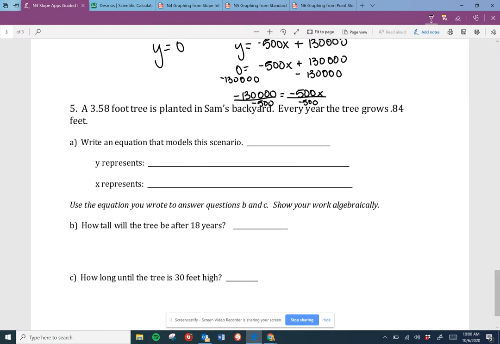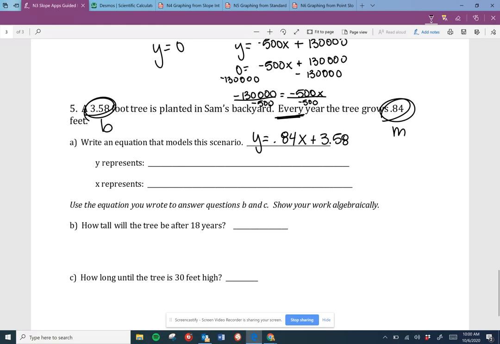So y equals 0.84x plus 3.58. Okay, the y in this situation is representing the height of the tree. And the x is representing the number of years. Remember, because it grows 0.84 every year,